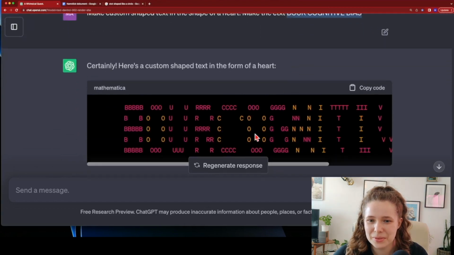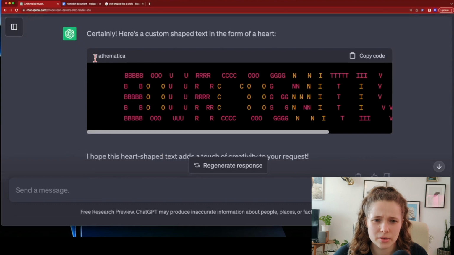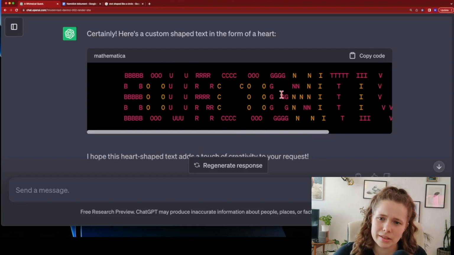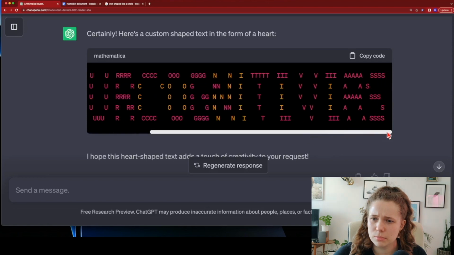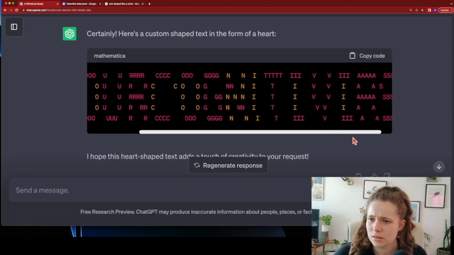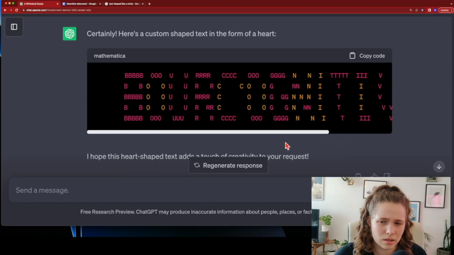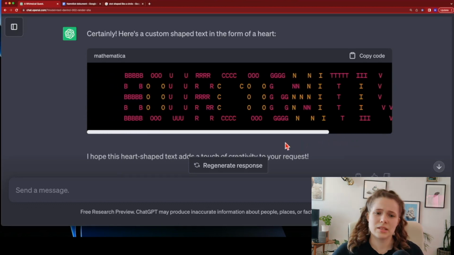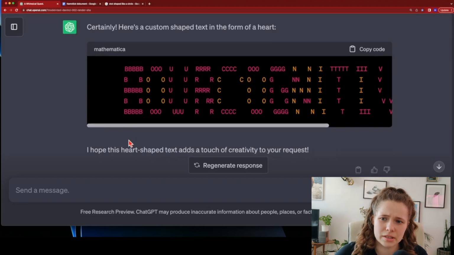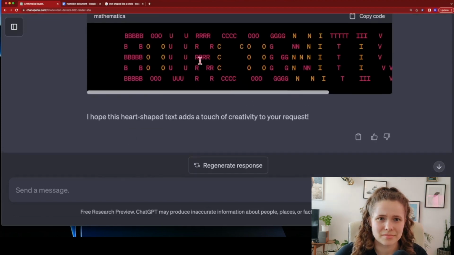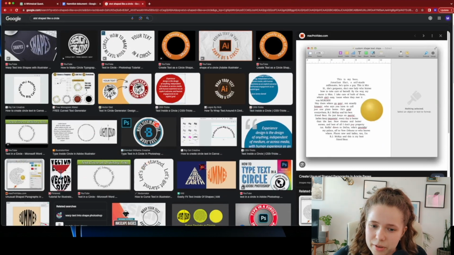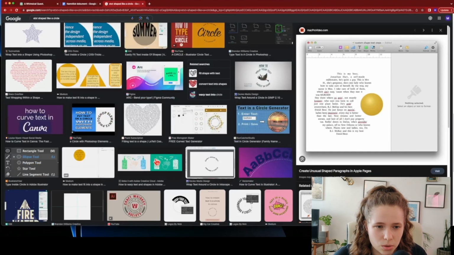Oh, where's the heart though? And each letter is made out of many versions of its own letter, but I don't know what the colors mean. Guess they don't mean anything, do they? And I still don't know where the heart is. Heart-shaped text. We just need a name for what this would be called.